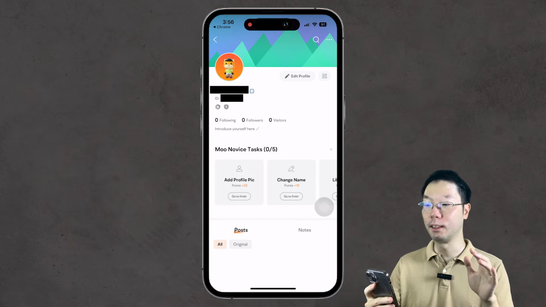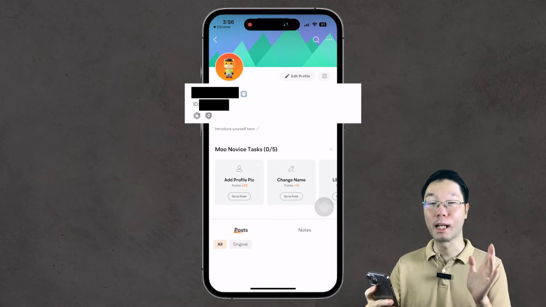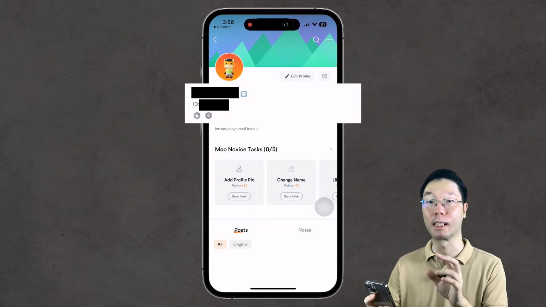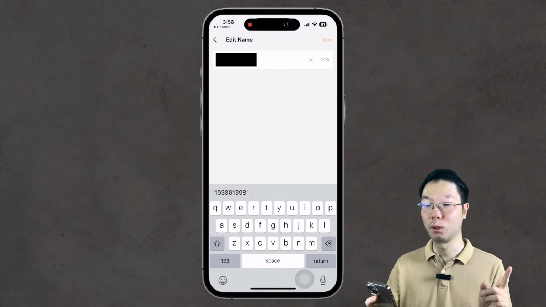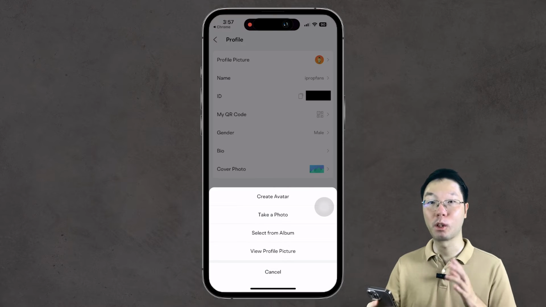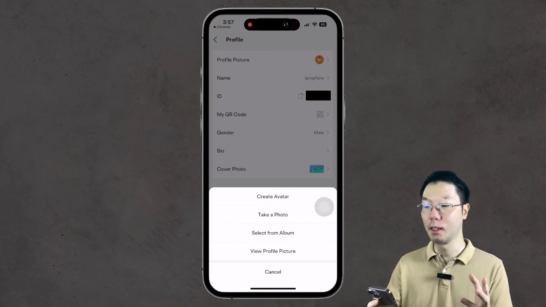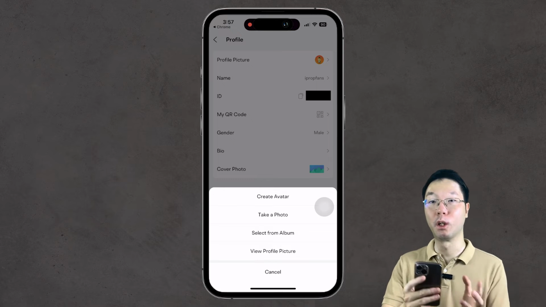Now, if you notice here, when you first create your account is your ID number. If you want to make it more personal or rename the account number to your name, tap the edit profile here, then tap name to change your profile name. Then of course, you can also change your profile picture by creating an avatar or putting your own photo from